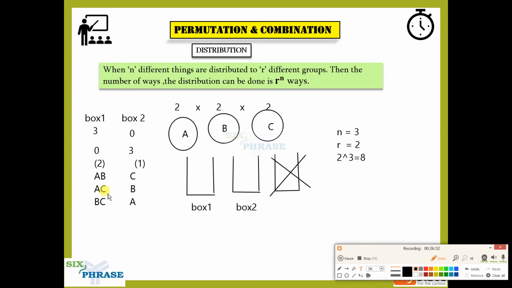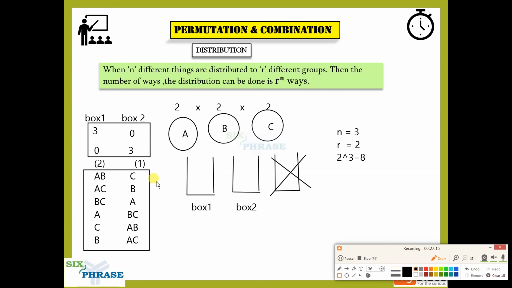Okay, the reverse of this is also possible, right? What do I mean by reverse? A, BC; B, AC; C, AB. So did you see how much we got? We got 6 here and we have a 2 here. What is 6 plus 2? 6 plus 2 is 8. So these are the 8 cases that we are talking about, guys.